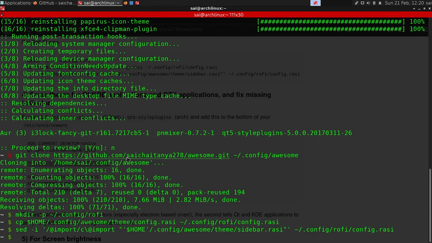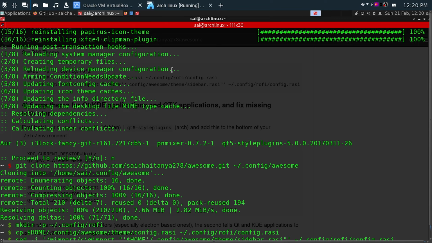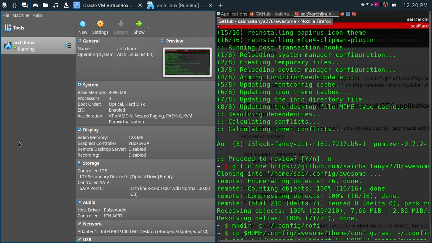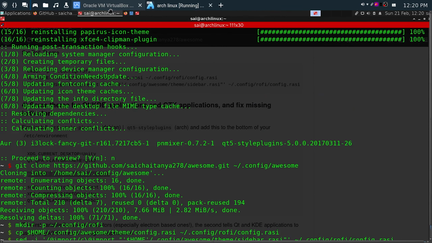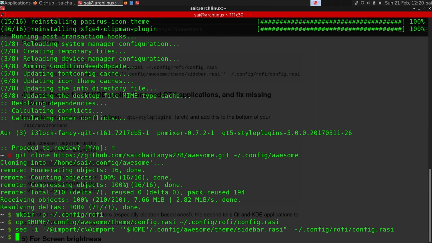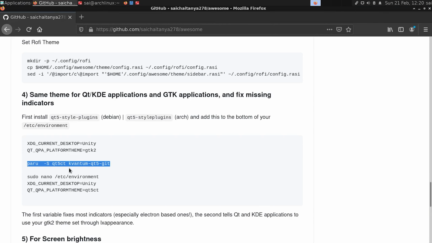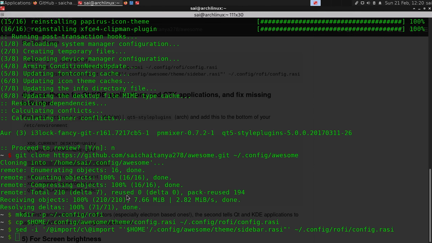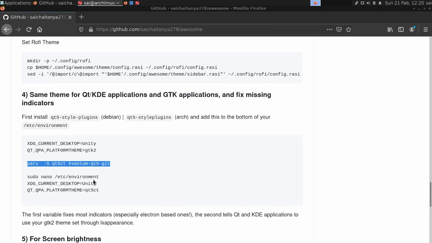If you want a dark theme, I will show you with VirtualBox first. This is VirtualBox, and you can see I'm getting a dark theme. If you use a GTK theme only, you won't get a dark theme for Qt apps. So if you want a dark theme, you need to install these packages. I already installed them.